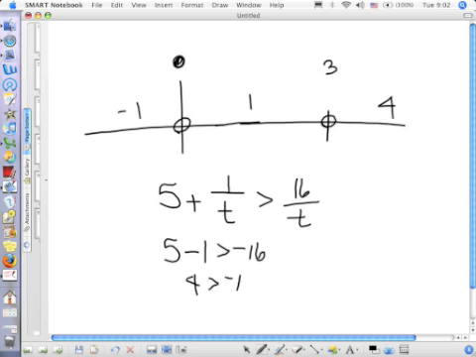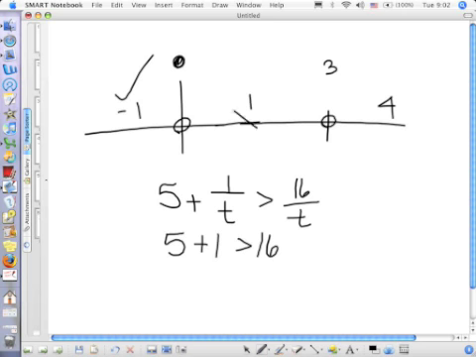Is 4 bigger than -16? Yes, it is. If t equals +1, that's 5 plus 1 is greater than 16. Is that true? No. If t is equal to 4, that's 5 plus 1/4, which is 5 and 1/4, is greater than 16 divided by 4. Is that true? Yes. Okay, so now my